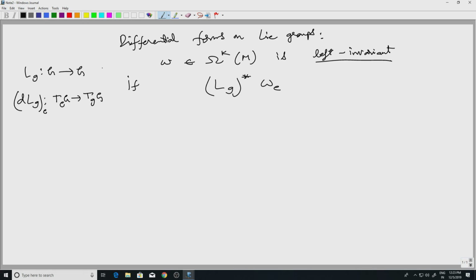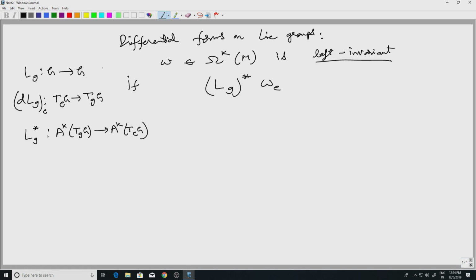And if I look at the corresponding map on alternating K tensors, that is what we have been calling Lg upper star. So the corresponding map will be from the alternating K tensors on this to this, which is a star of this map, which is what we have been calling Lg star